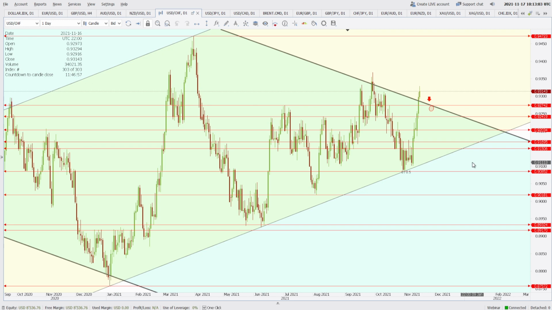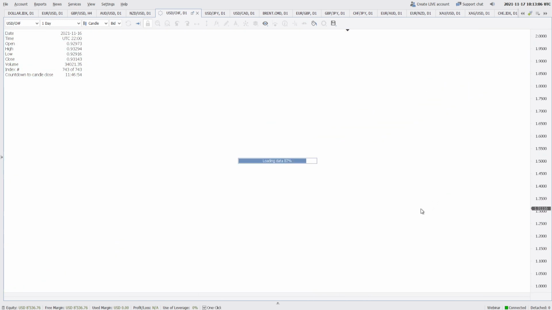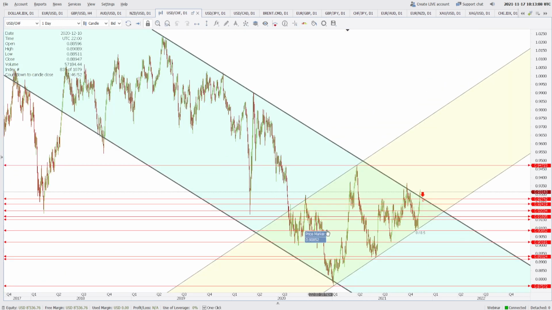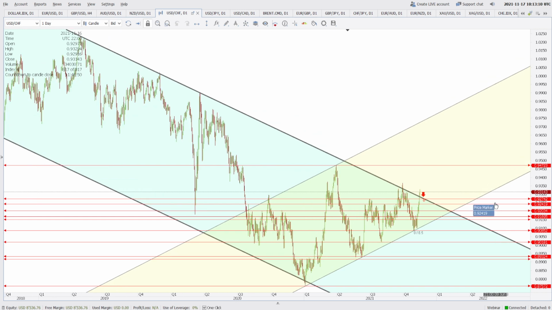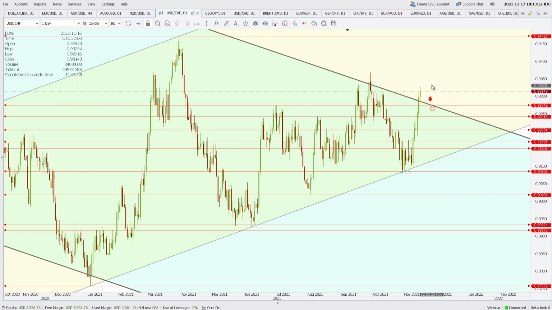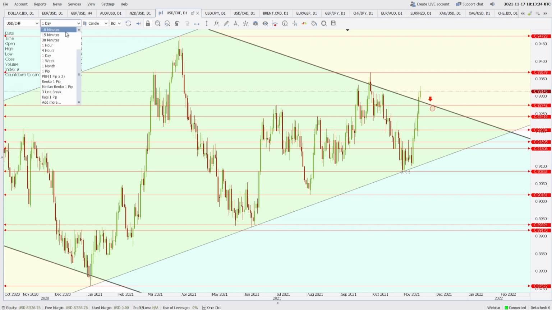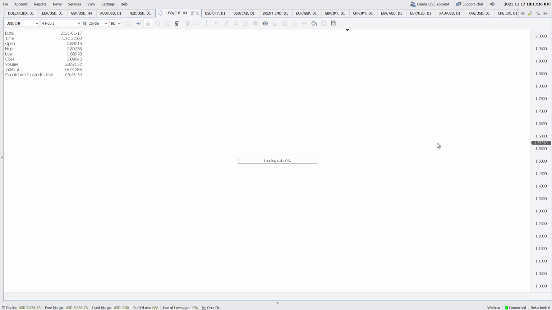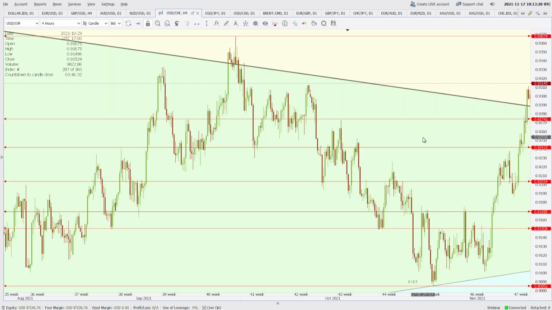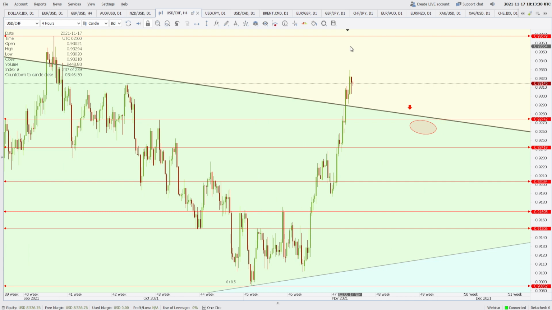Talking about the USD CHF, it seems like it is breaking higher from this falling channel. This was a long-term falling channel, and now the price seems to be breaking higher from here. And since it is breaking higher, and yesterday it has already given a closing higher than that, I'm expecting the price to come back to this region, to 0.9274, to find this level as a fresh support, and then after the price may start rising again